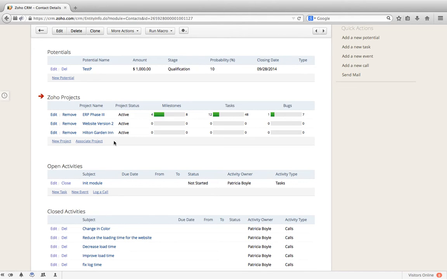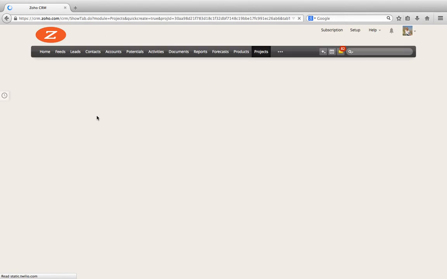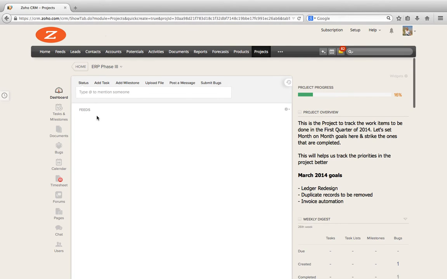So once done, you can click on the project and you can access the Zoho Projects system within this layout itself. So you don't have to open up a new tab and type in projects.zoho.com to access it. We have provided you a projects dashboard over here itself so that you can access the entire Zoho Projects portal